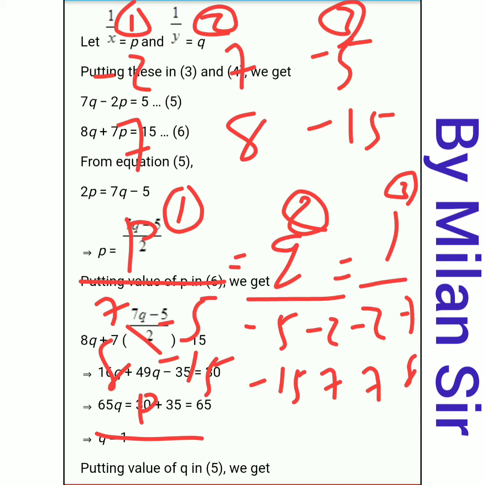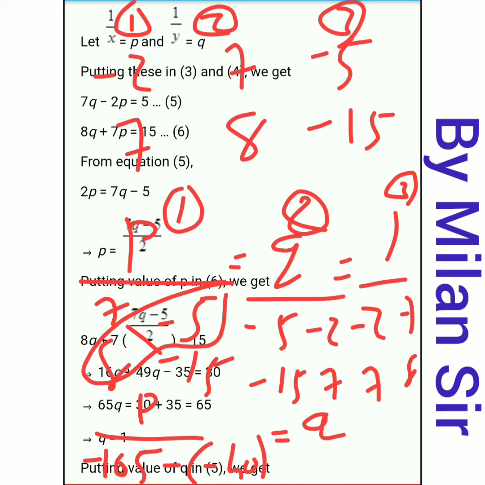So 15 7s are 105, plus minus minus. Here again we need to do cross multiplication. First of all minus sign as per the formula. 8 5s are 40 is equal to q. So we need to write this in our next step, right? Here we do not have enough space.